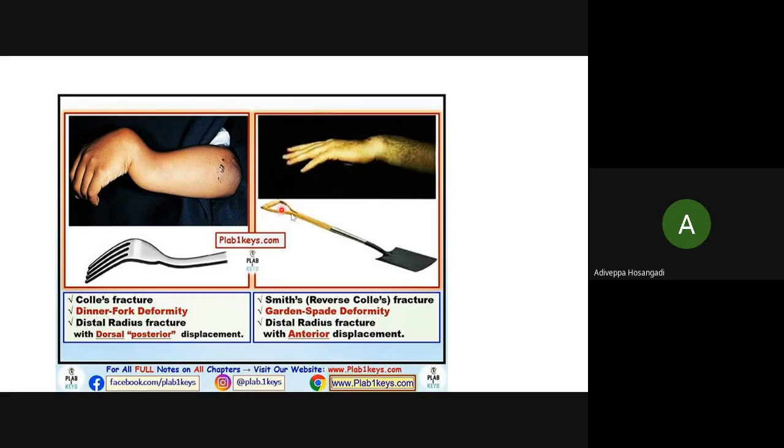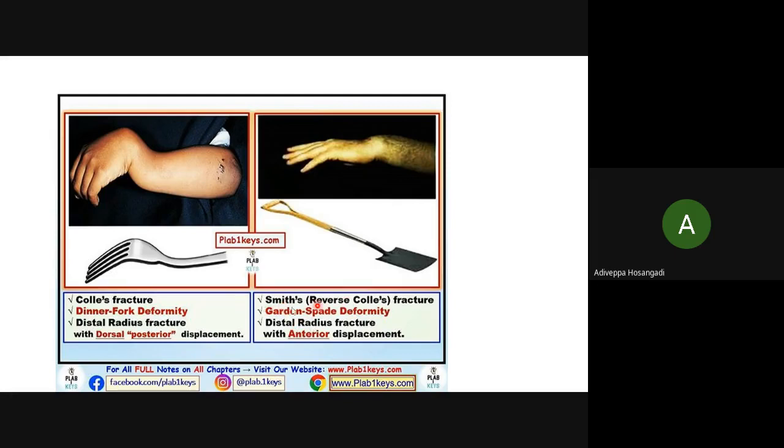What is garden spade? Garden spade is this. You can think of it like a reverse dinner fork. Of course, it is not given anywhere. Please remember this. If you keep the dinner fork reversed, it looks like a garden spade. Of course, they have prongs, but garden spade is like a spoon. See, it is volar displaced. Here it is dorsally displaced. Here it is volar displaced. So garden spade is in